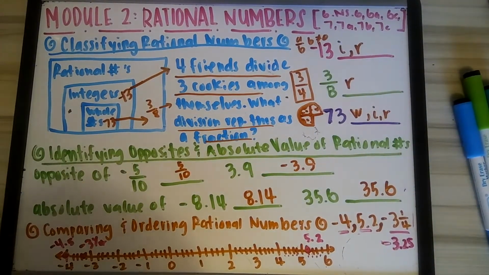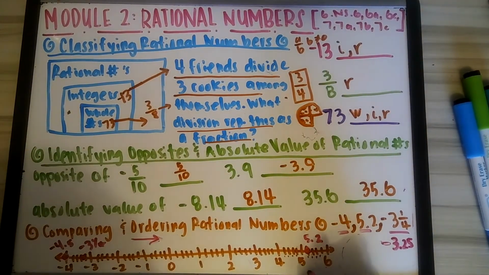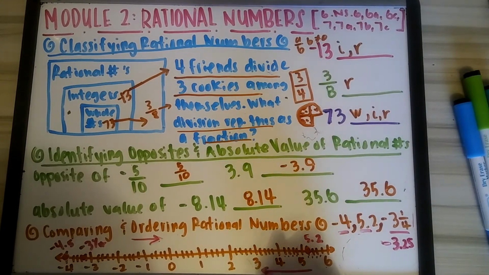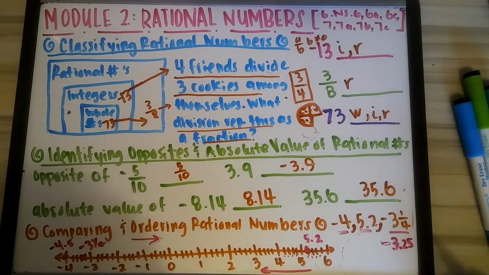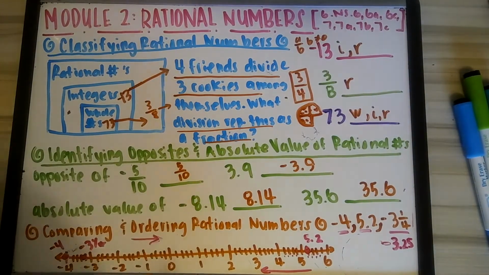I can compare and I can say that from my least to my greatest will be going this way, right? And then from my greatest to my least, I will be going this way. Okay, and I can also say, okay, which one is the greatest? Okay, 5.2 is the greatest. Which one is the least? -4. Sorry, that should be just -4. -4 is the least one of those three. Okay, and I can also say, okay,